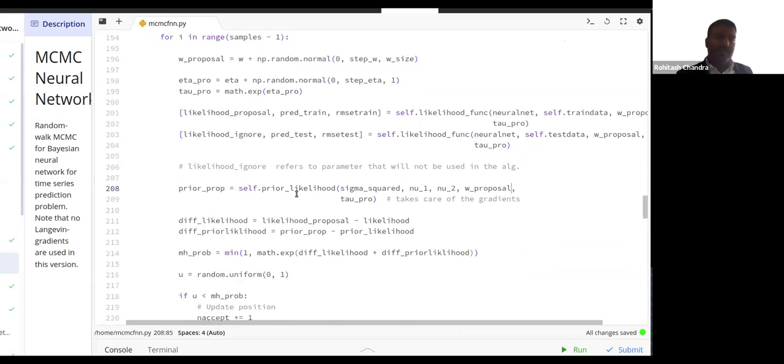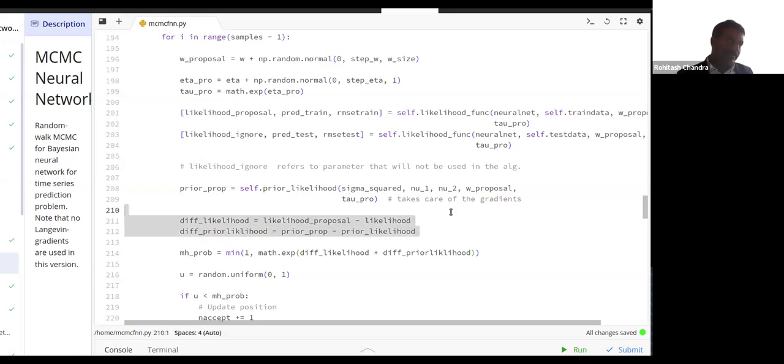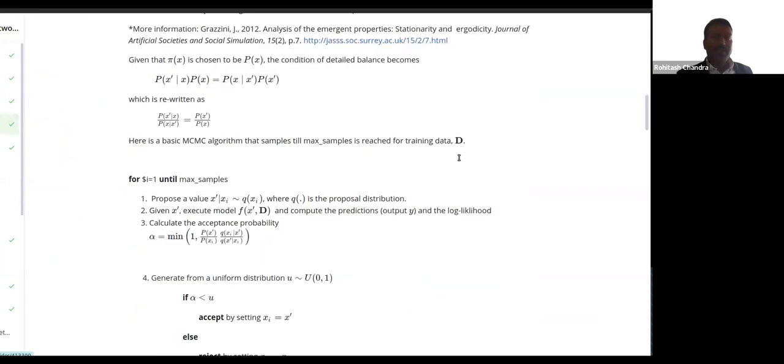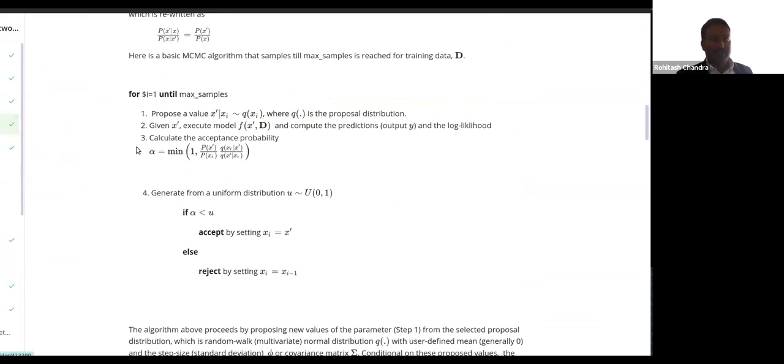Then we get the prior proposal and then we compute the difference, because we are computing the ratio in the Metropolis Hastings loss function given here, and that's what it's implementing: the ratio, the division, is the subtraction, and then your P and Qs are multiplied, and that is